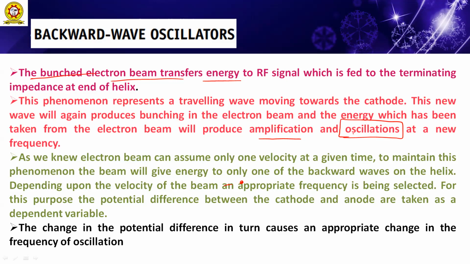So another important point in this operation, as we mentioned here: this electron beam can assume only one velocity at a given time. So what is the significance of one velocity at a given time? With respect to angular frequency and the bunching time constants, the bunching time constants have significance on this velocity of transformation. So at this given time, a good electron beam formation will be possible from this electron gun.